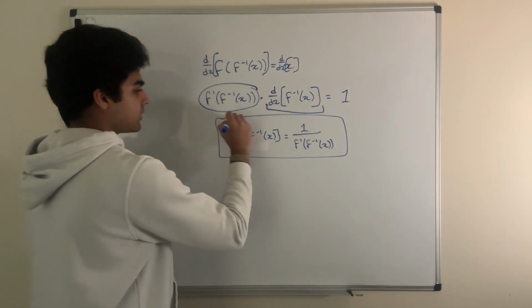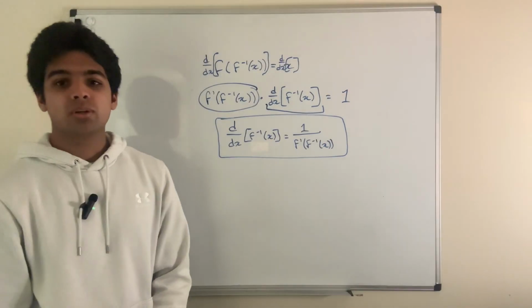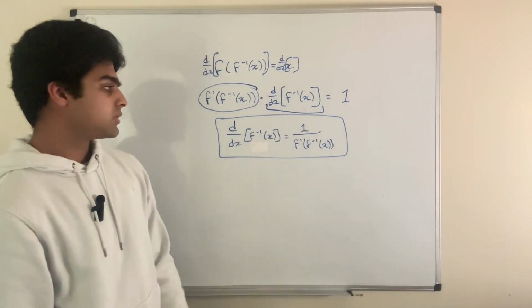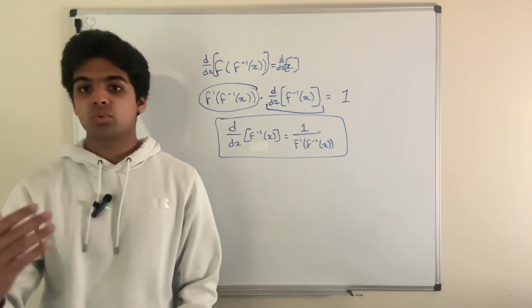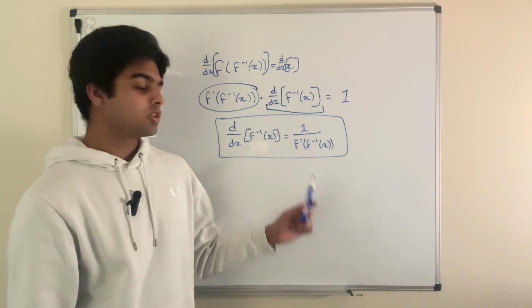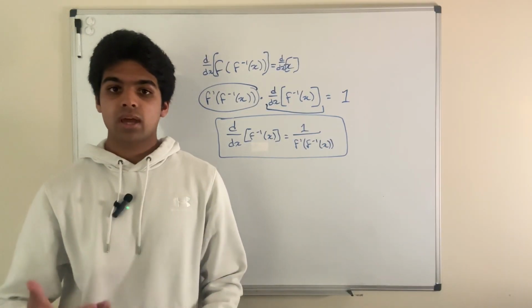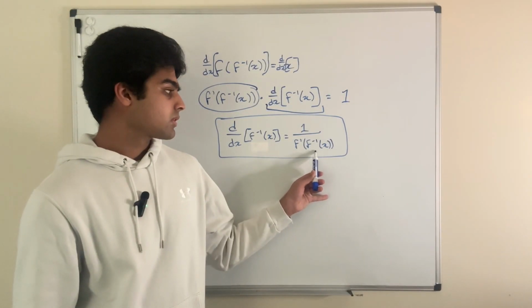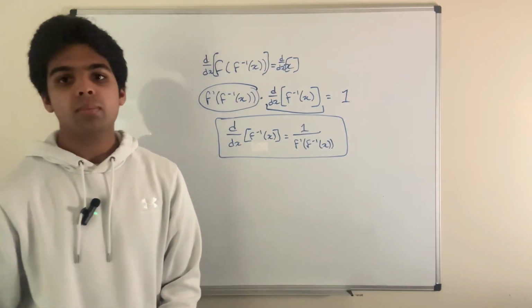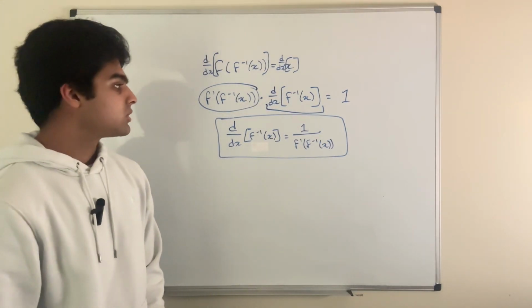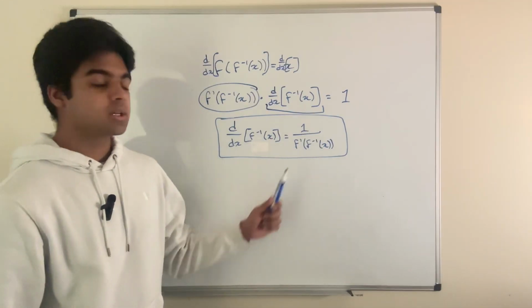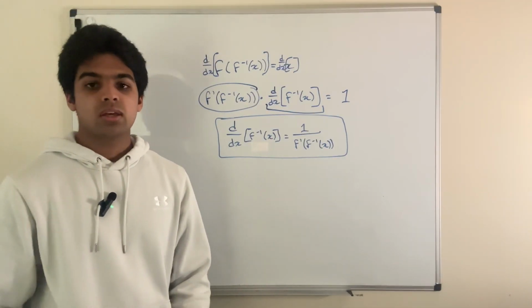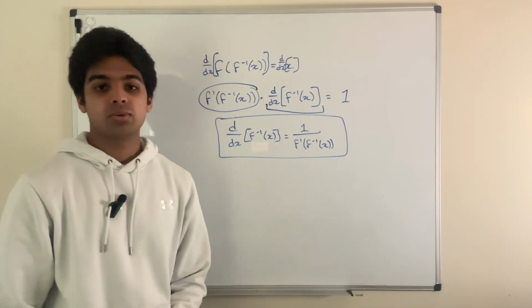And that's the equation right there. Now it's actually a pretty simple equation if you think about it. It's just the derivative of the inverse function is just 1 over the derivative of the regular function at this point right there. So let's look at how we can actually apply this equation in a word problem, suppose that we get on